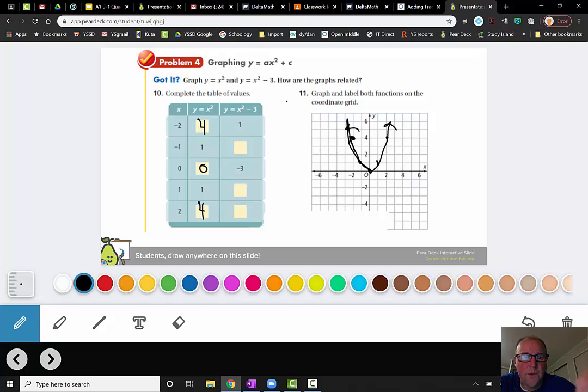Now we know from the graph exactly what's going to happen. This minus 3 moves this down 3. 1, 2, 3. So I know right away 0 is paired with negative 3. I want to take each point and move it down 1, 2, 3. So we're just translating these points. So I know from the graph 1 gives me negative 2. Or if I plugged it in, negative 1 times negative 1 is 1, minus 3 is negative 2. And we're going to get a perfect picture of this whole thing